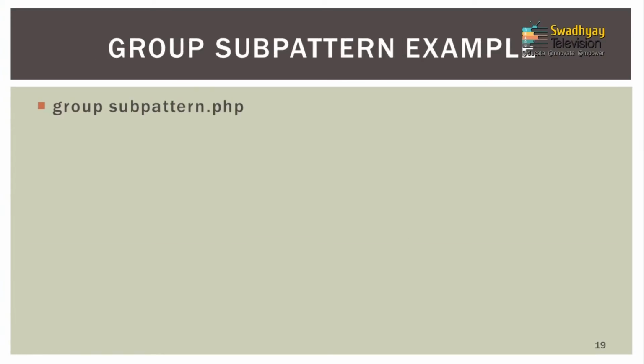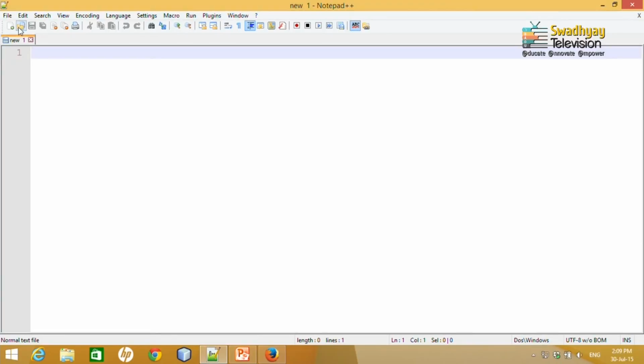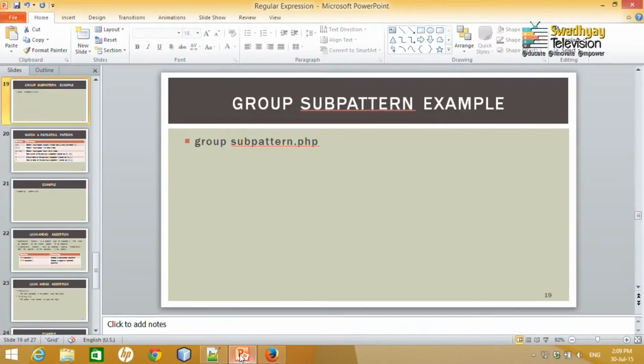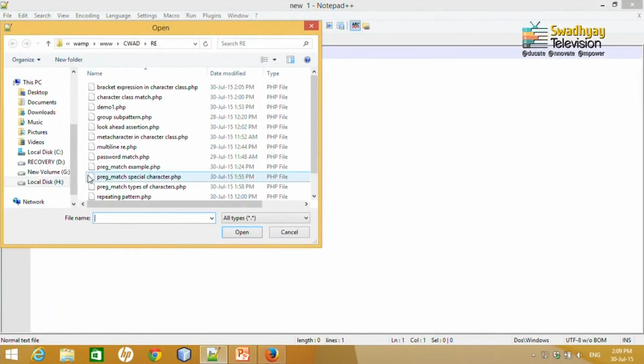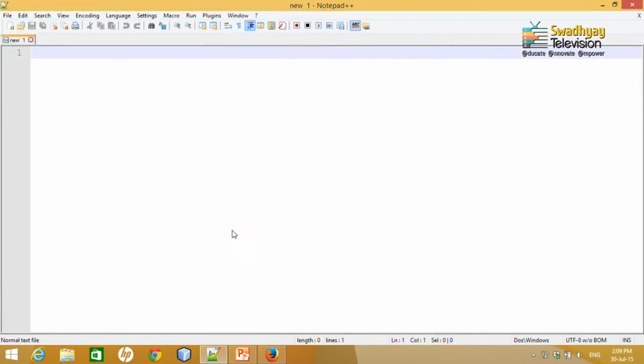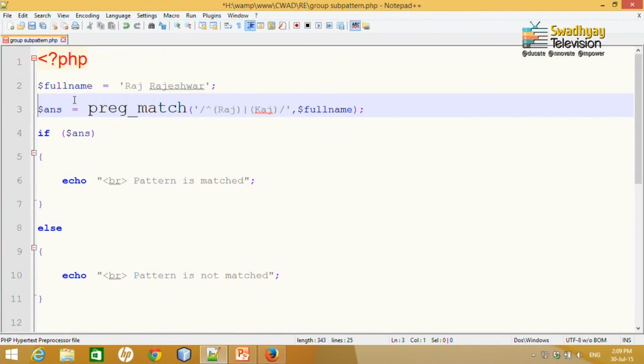So let's take example of group sub pattern. Let me open my file. The file I have for group sub pattern. So I open group subpattern.php. So here, just for example, I type full name is this. Now I would like to match that caret means first character is either Raj or Kaj.